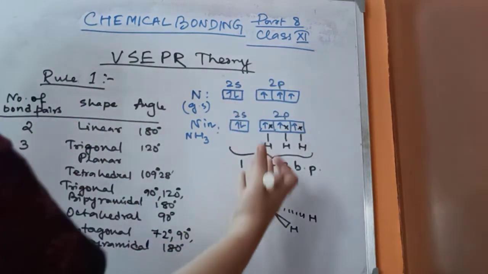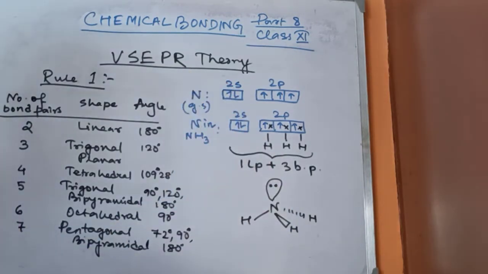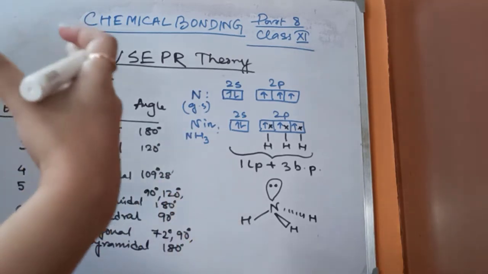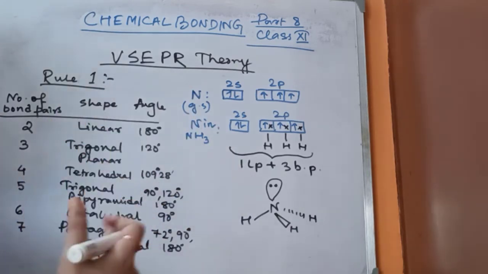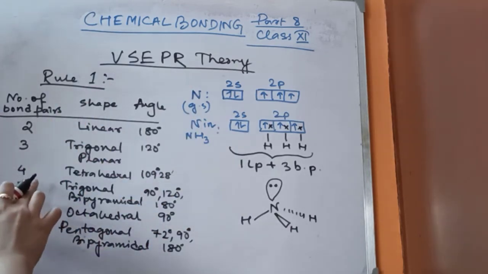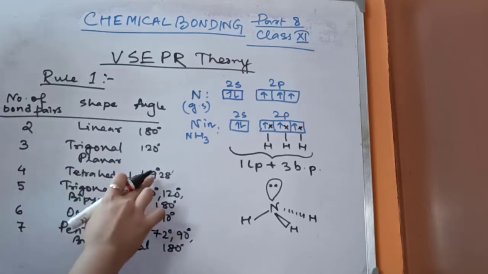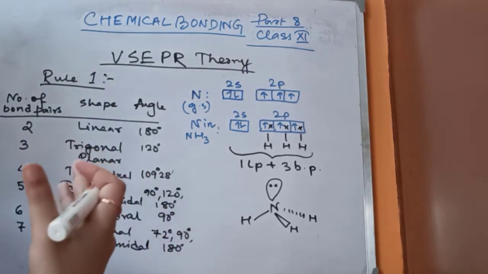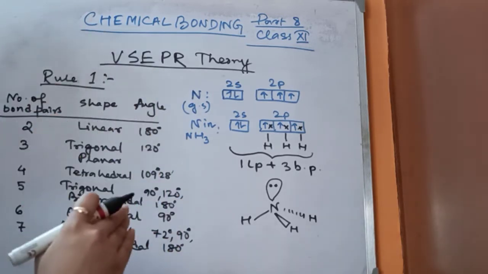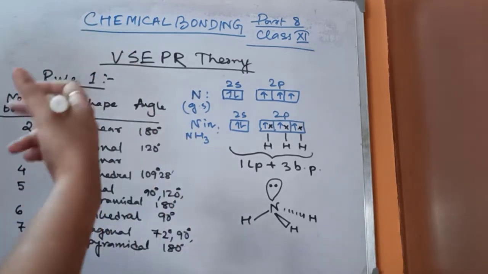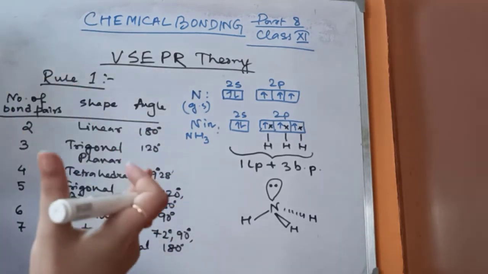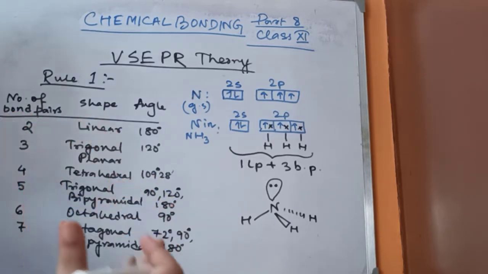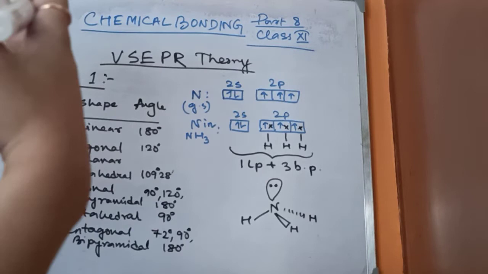So, why did I show you this molecule structure again? In order to explain that there is an extra effect of a lone pair. In methane we only had bond pairs, so the shapes we are getting depend only on the bond pairs. But the lone pair has an extra effect on the shape of the molecule. So not only the bond pairs but the lone pairs will also help to depict the shape of the covalent molecule.